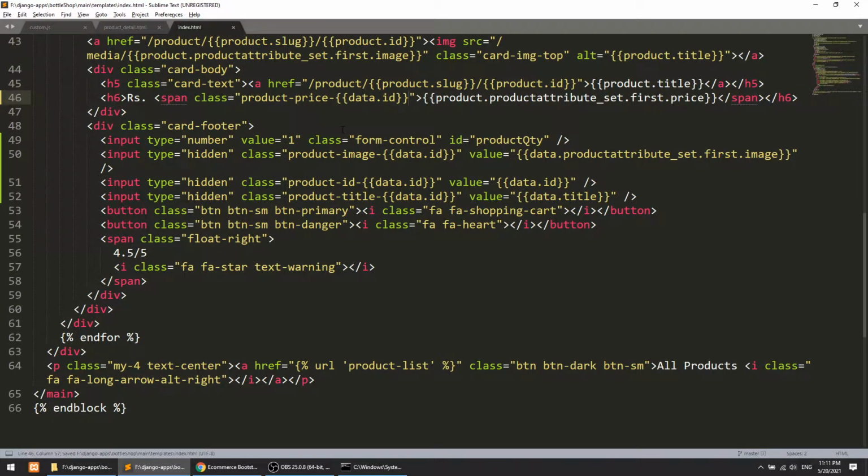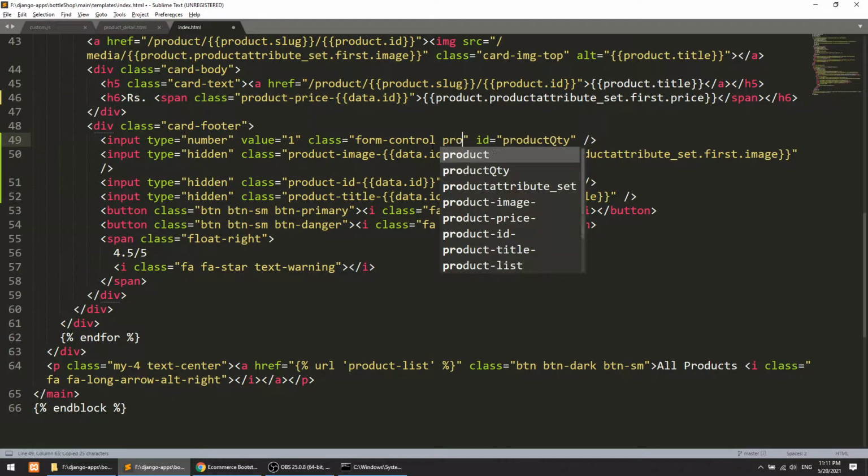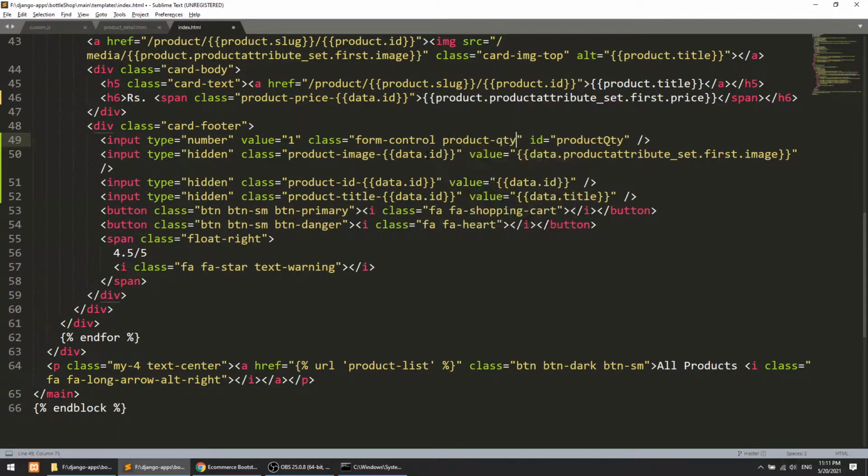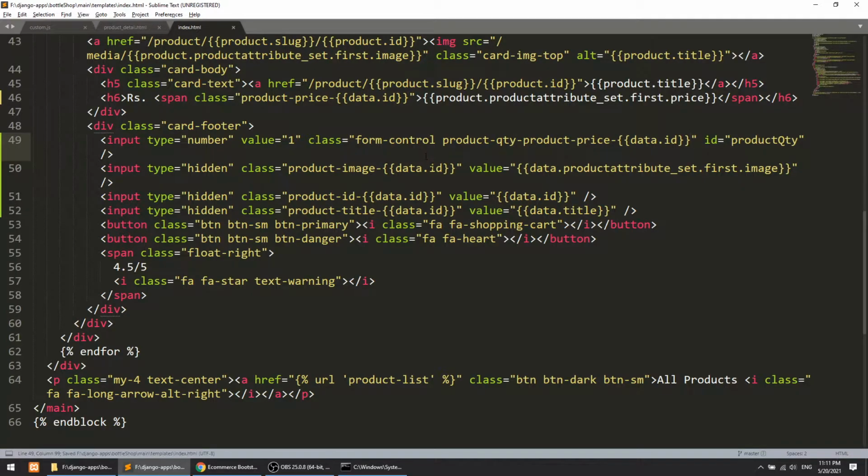Okay, now our price is set, image is set, id, title. What we need more is quantity. So I will add the class here, product quantity. Remove this.